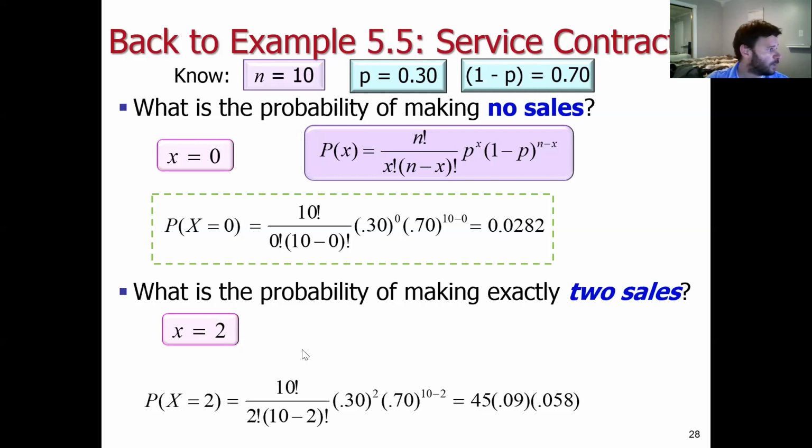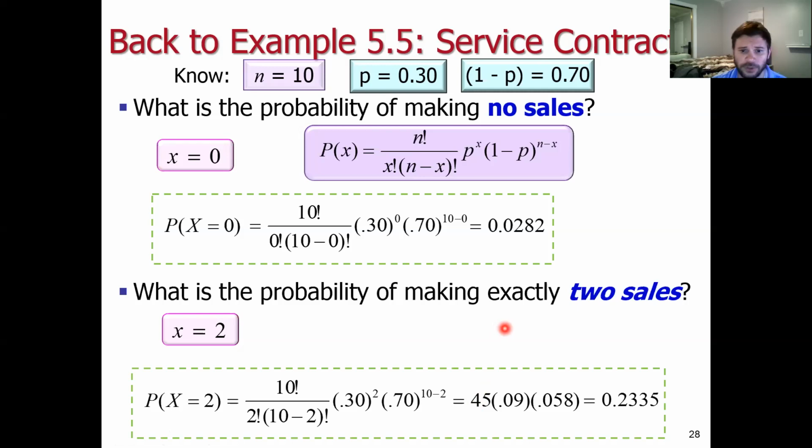Now, again, when doing this calculation here, this first term with the factorials is telling us how many different combinations we can generate where we're looking at exactly 2 successes and 8 failures. And that number over here comes out to 45. That is the number of different ways we can get 2 successes and 8 failures in 10 trials. So again, we can plug and chug here, and we see the likelihood that he converts exactly 2 calls, given his historic success probability, out of the 10 calls here would be 0.2335 or around